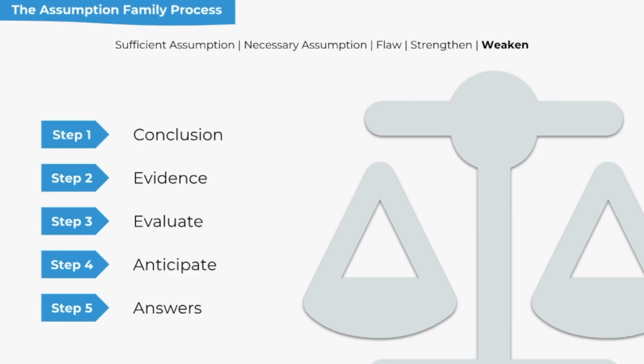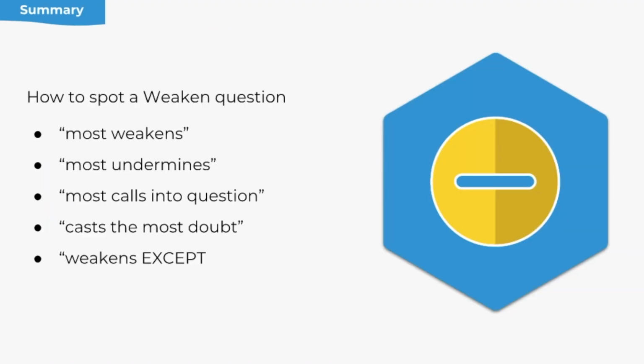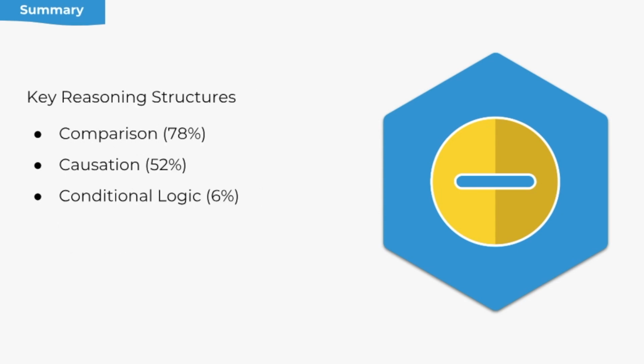The process in summary, remember, is to find the conclusion, find the evidence that supports that conclusion, and evaluate that argument using reasoning structures to help you figure out what the gap in the argument is. Use that understanding of the gap to anticipate what an answer might sound like, and then review the answers. You spot a weaken question with language in the question stem like most weakens, most undermines, most calls into question, weakens except, etc. And the reasoning structures you want to be on the lookout for: